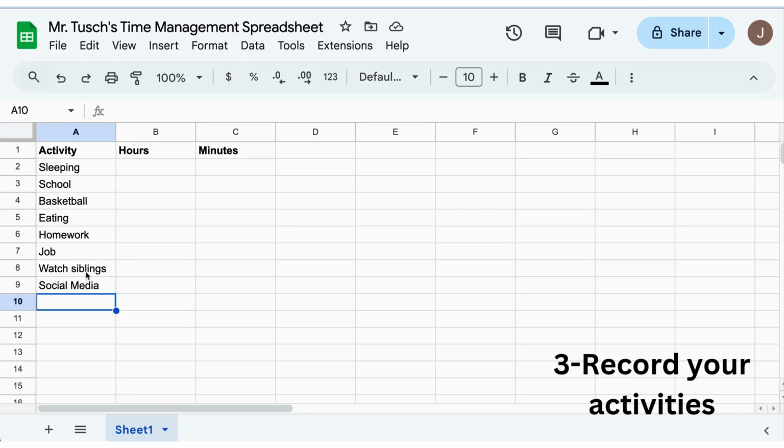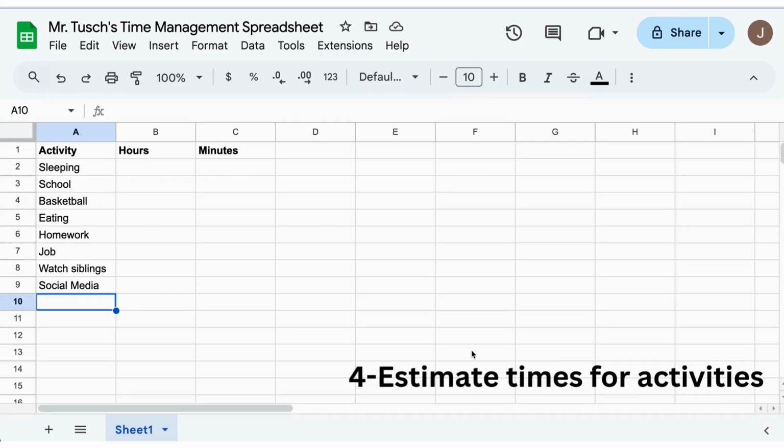All right, I'm going to make a couple of changes between this and the next slide, but actually I'll just use this for our example. I obviously don't have little siblings to watch over, but you get the idea. The thing you want to do is estimate the amount of time you spend doing these things. So if you sleep 9 hours and 30 minutes a night, write that down.